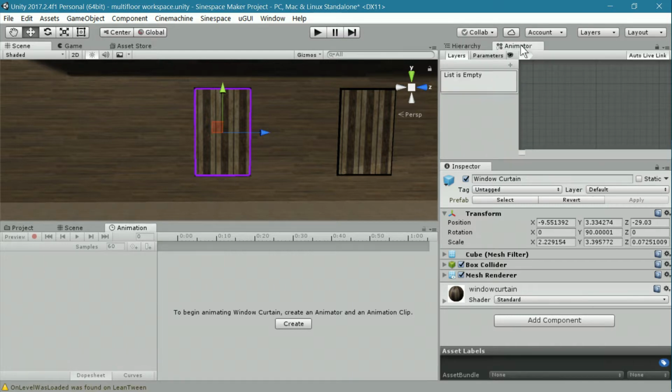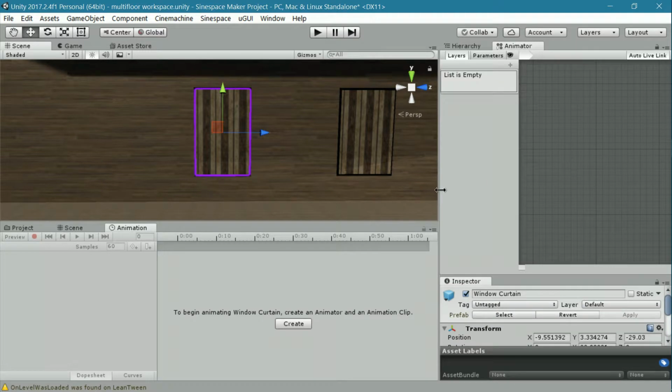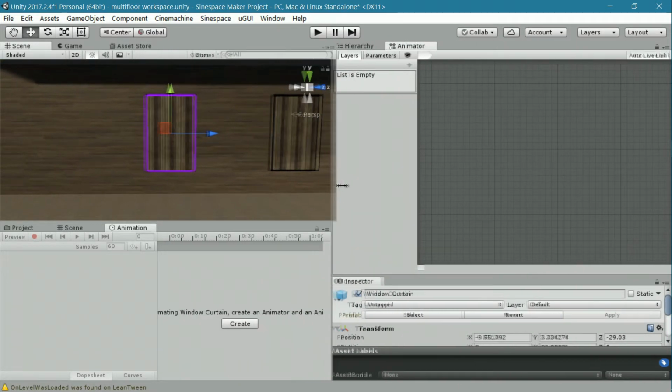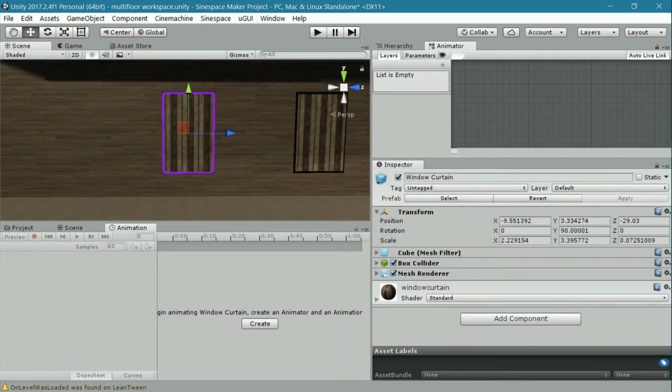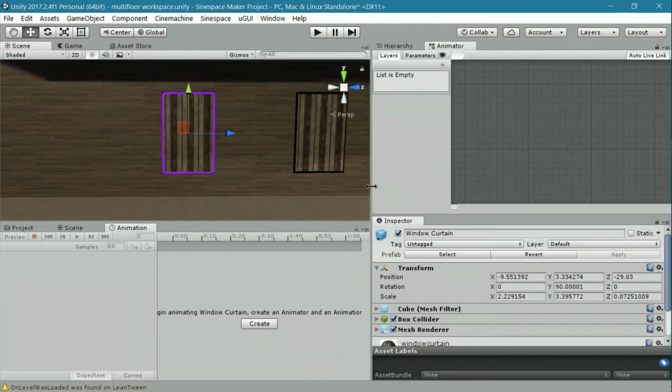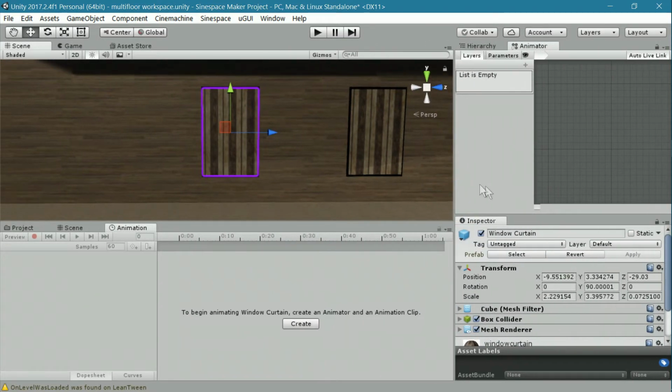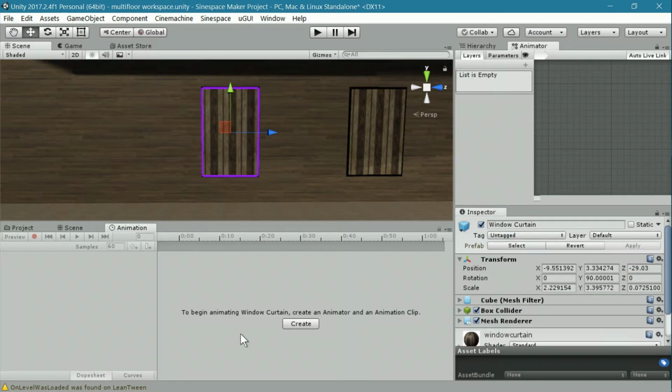Well, if I click up here on the animator, there's nothing there because I'm not using an animator anywhere, and my window curtain, which is the object, doesn't have an animator yet. So now I'm going to create one, and the button in the animation tab does that for you right away. So I click create,